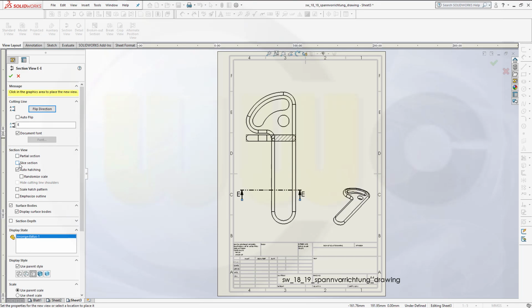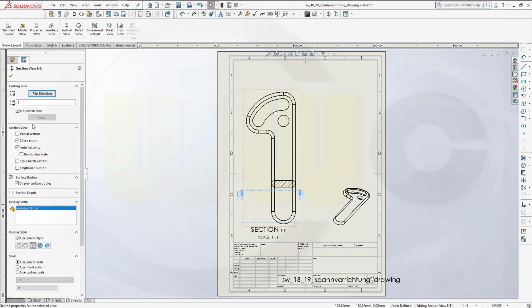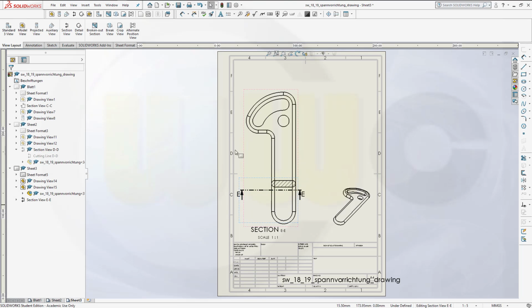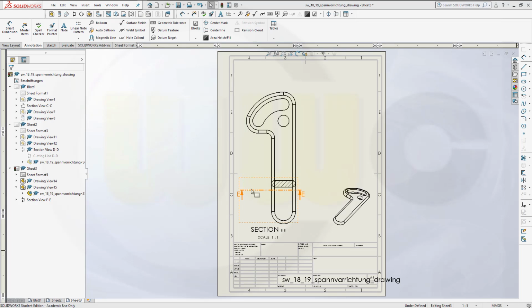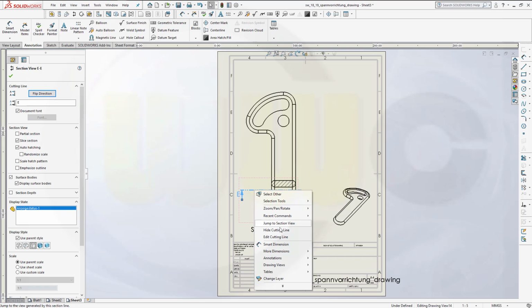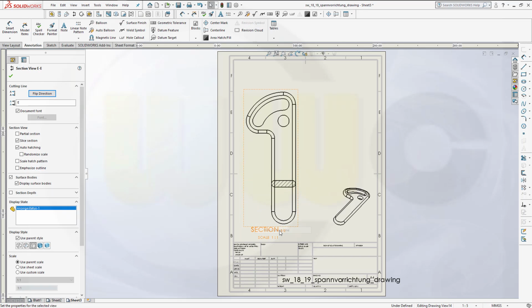But I want only the slice section like this, and let's put it maybe here and confirm. Now I want to hide that line, so go here, right click, go to hide cutting line,